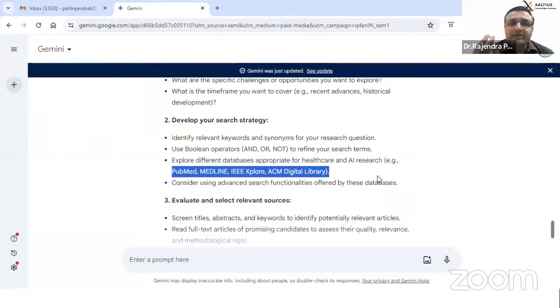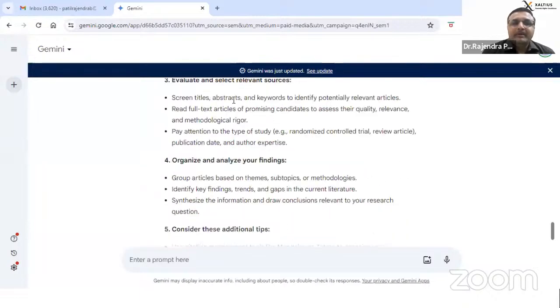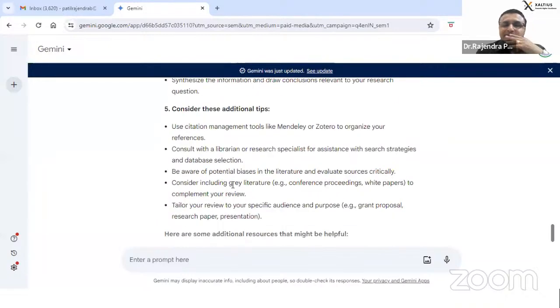Is it telling you to go to Google? See, is there any recommendation of Google? No. So make it very clear where you want to go. Get those titles, get these things, and then organize all this. So this is how you can make use of research papers for research work.